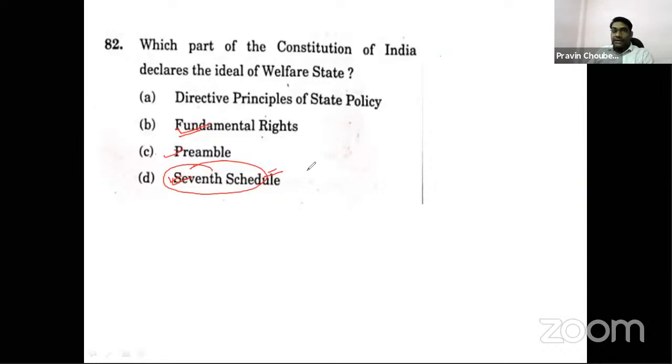You have to prepare the 7th schedule, means union list में क्या क्या आता है? What should come under the concurrent list? What will come under the state list? 7th schedule. Okay. So welfare state के बारे में जब भी बात करते हैं तो that will be a directive